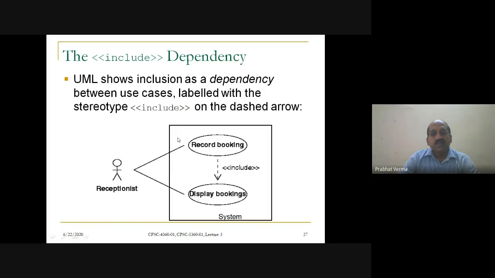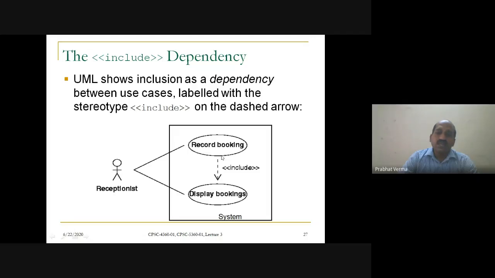Let us talk about the include directive, which implies a relationship between two use cases, such that it is imperative to execute one use case in order to execute another use case. For example, here in this restaurant management system, the record booking use case is there.